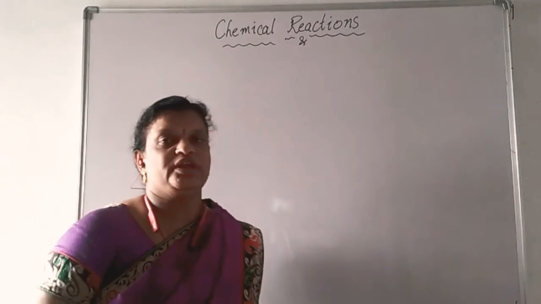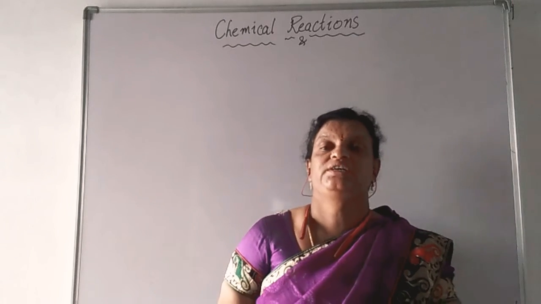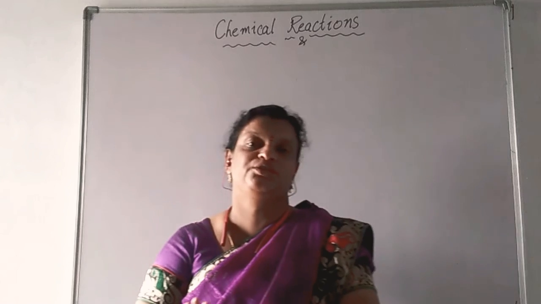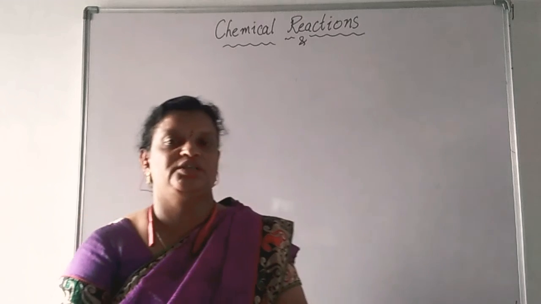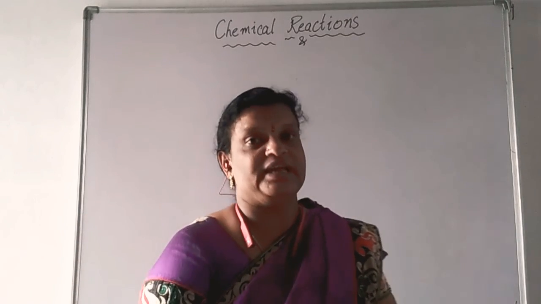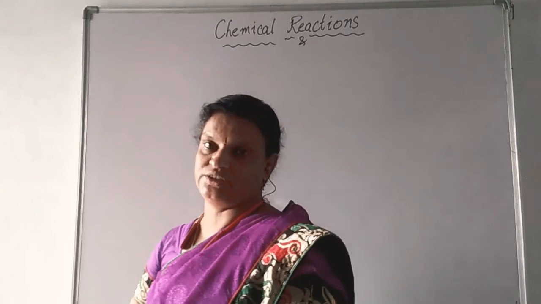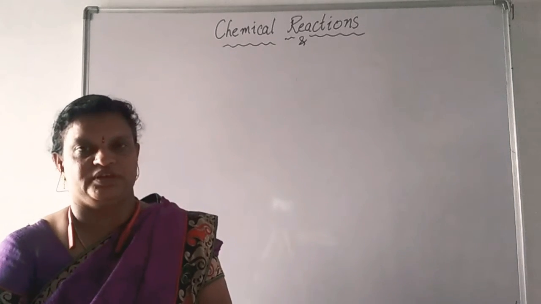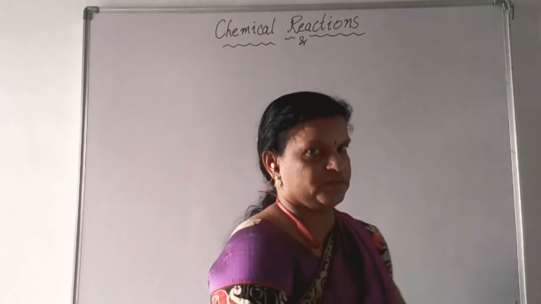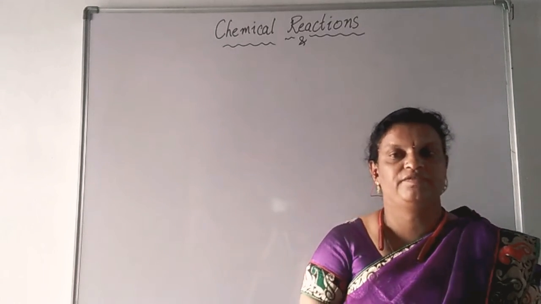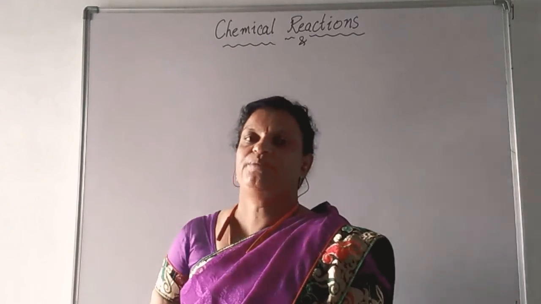So, coming to how to write molecular formulas. You know already that ionic compounds will have ions. These ions are of two types. Positive ions, which are also called cations, carry a positive charge. Negative ions, which have a negative charge, are also called anions. If these cations and anions have only one atom, we can call them monoatomic ions. If they contain more than one, we can call them polyatomic ions. And if the valency is 1, they are monovalent ions. If the valency is more than 1, divalent, trivalent, tetravalent, altogether polyvalent.